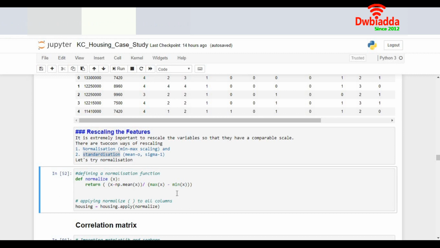This gives me a nicely normalized data which is in a proper scale, and that would make the data ready for use in linear regression. So I just create a method for that, which is normalize, and I pass all the variables of my housing dataset to the function, and that gives me nicely normalized scaled data which is ready for the modeling of the multiple linear regression.